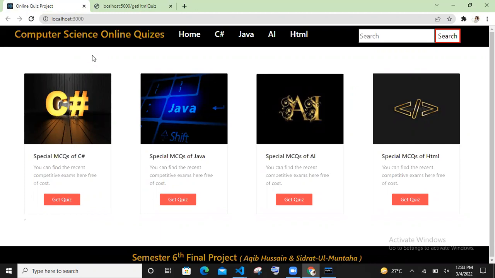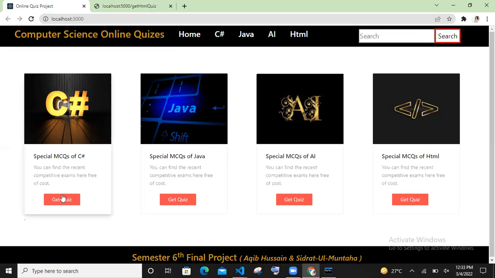So now we are here on the front end. I have kept these functionalities in the front end, which is built by React.js. The first one, when I am hovering on this tag, it will appear towards the home page. So we will check and test the MCQs of this front end.